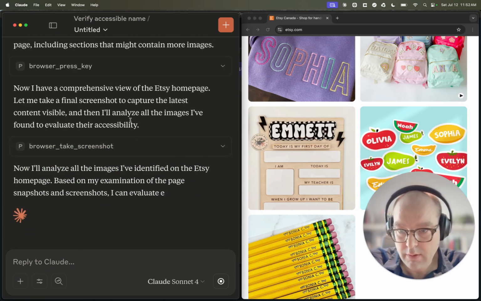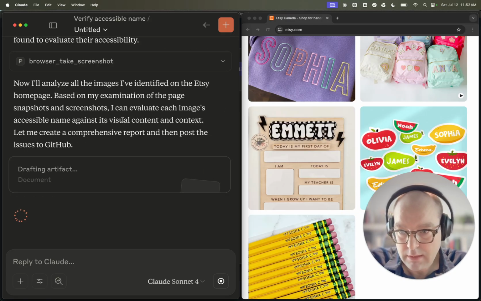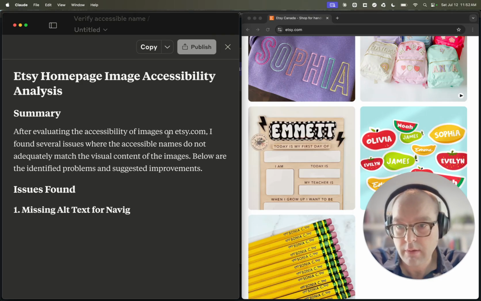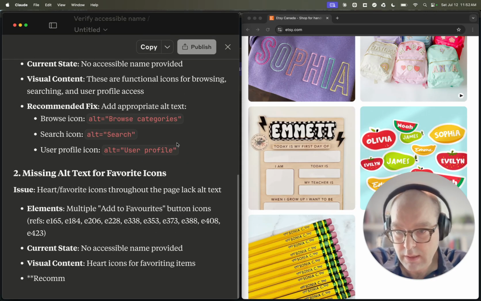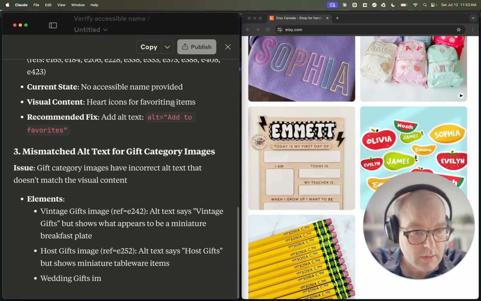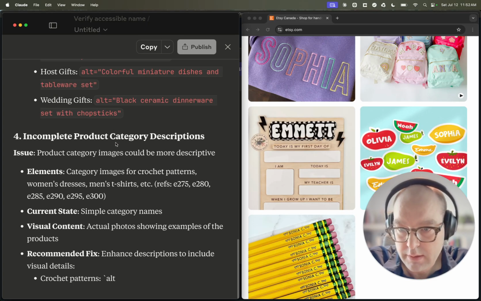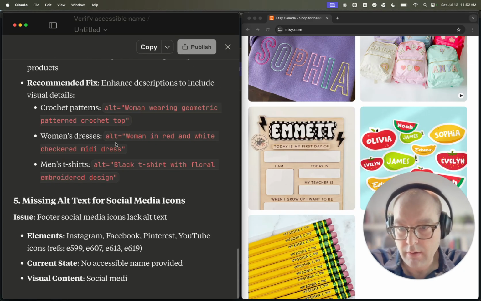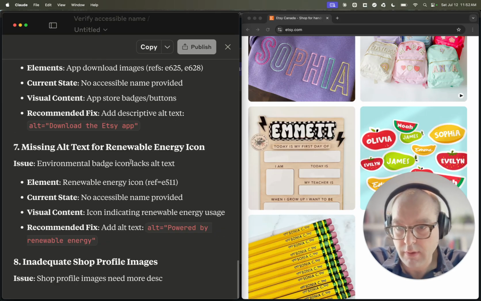Bottom section, okay. So now it's going to look at the accessible names compared to the screenshots. And it's outputting a description of all the issues that it identified, including missing alt text for icons,